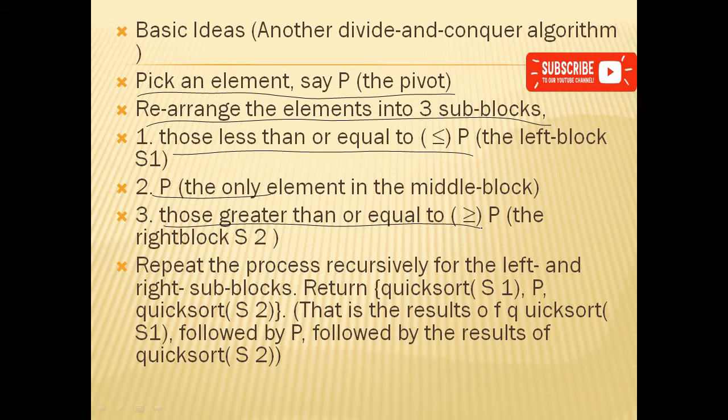After dividing into pivot, left and right, again we'll repeat the process, these three things. We take the left block, again apply the divide and conquer method, choose one pivot element among these, and again divide into three parts. Like that, subdivisions will go on until you get a single element. Then all elements will be in sorted order. Then we'll go with the right-hand side, which performs the same thing. We choose one element as the pivot element and perform these three operations. Then we get sorted order.